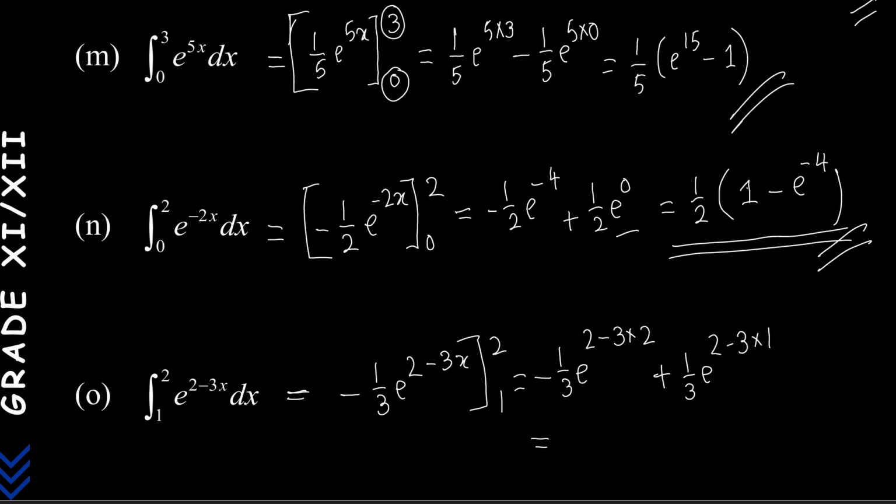Now we're going to simplify. If I take 1 by 3 common, the second term I write first, which is e to the power 2 minus 3, which is minus 1, and then another one, the negative e to the power 2 minus 6, which gives us minus 4. We can write the answer like this. We can also write it in a more simplified form, 1 by 3. We know that if a negative power is written there, then it is 1 by e, minus 1 by e to the power 4. Then we also